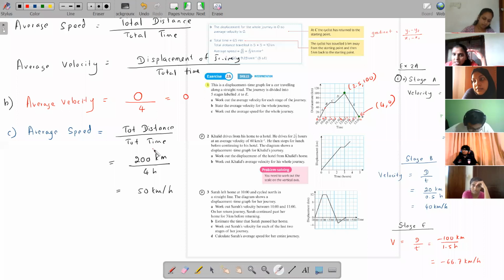So you have to understand where that difference is. Distance is something else, displacement is something else. Do not mix them up, because your answers were wrong. You sent me the answer of part C for part B. Remember, total distance and total displacement are very different. I hope you all can understand. Do you?